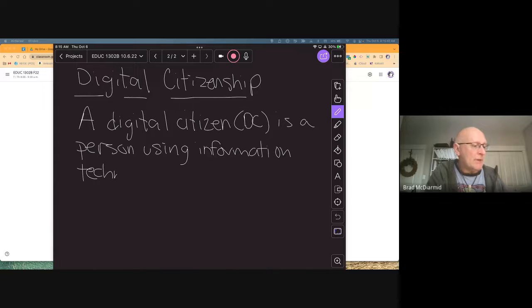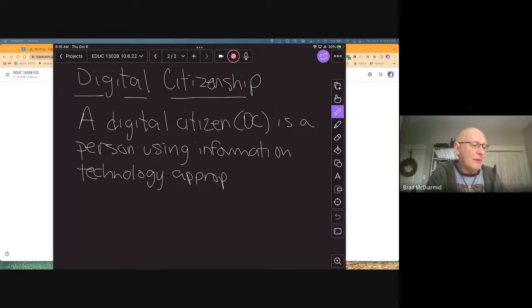Because it's not just about our laptop or our desktop computer. It could be about our tablet. It could be about our phone. It could be about your gaming system, right? That kind of stuff. So using information technology, and then I want to add the word in here appropriately, right?